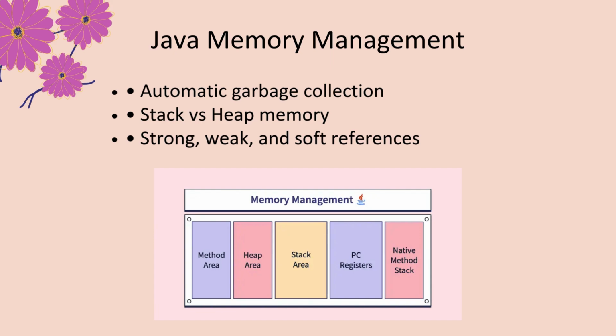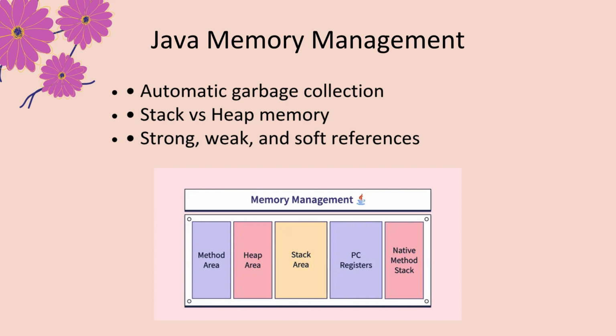Let's delve into a crucial behind-the-scenes aspect of Java, memory management. One of Java's significant advantages over languages like C++ is its automatic garbage collection, which largely frees developers from the tedious and error-prone task of manually allocating and deallocating memory. This greatly reduces memory leaks and improves application stability. However, understanding how Java manages memory is still vital for writing efficient and performant applications,